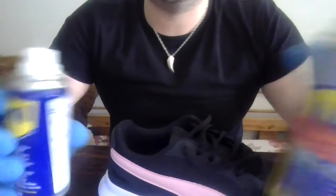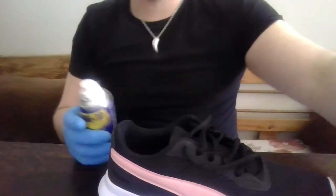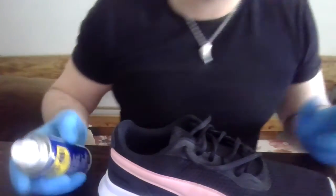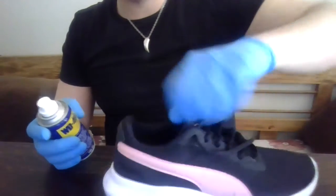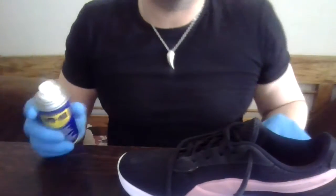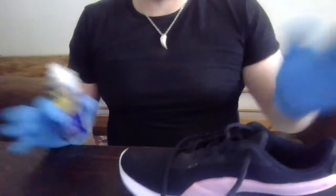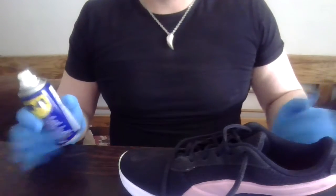There are some products in the market. I don't know for sure what it is, and I'm not going to say. This one is smaller, so I will use it. It's much easier. And what we can do, in a few seconds, shoes will be like new. If it's coming about color, of course, yeah. So